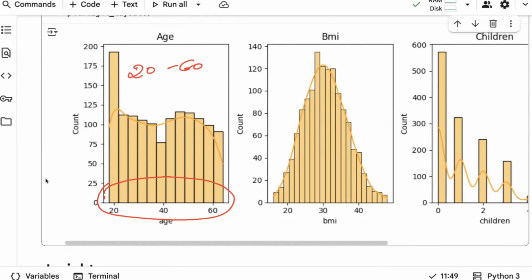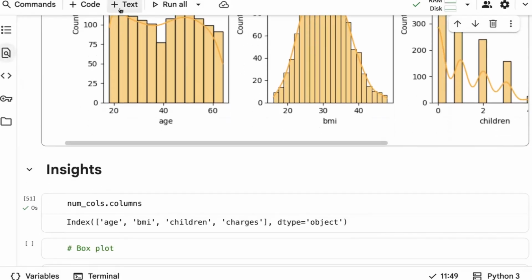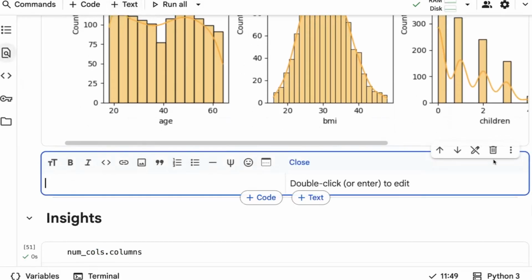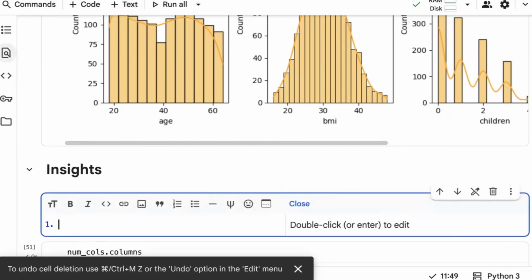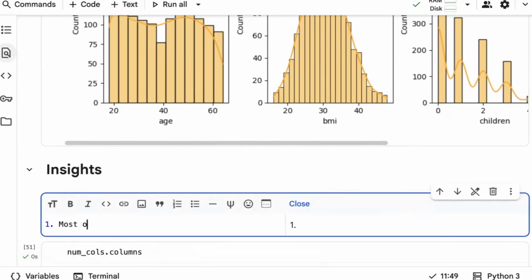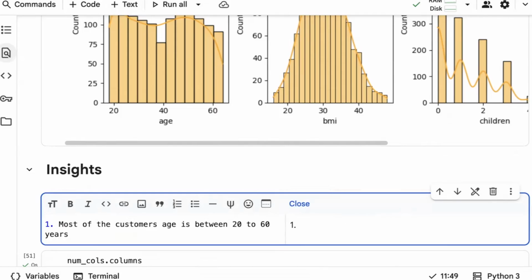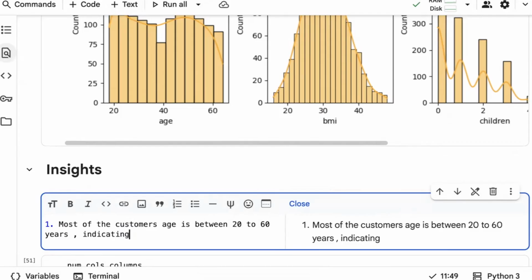Let me just clear this. So what did I understand? First point: most of the customers' ages are between 20 to 60 years, indicating the focus is more on adults.